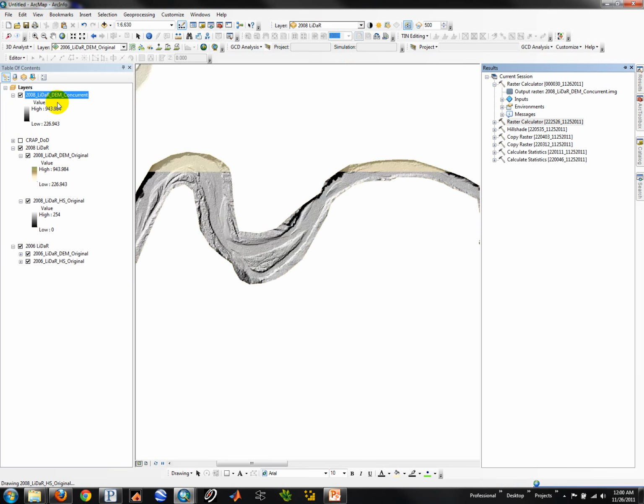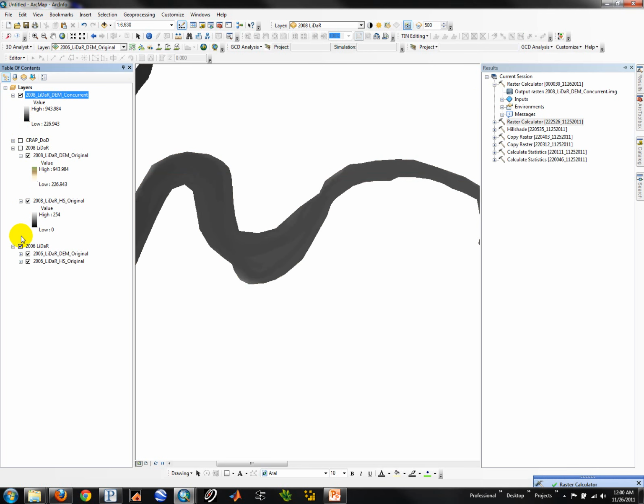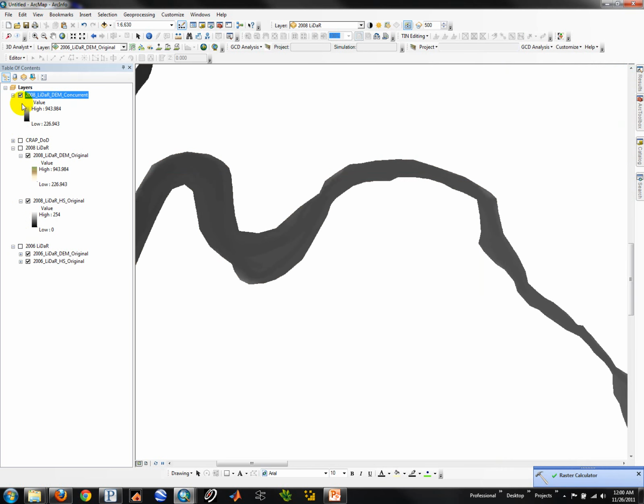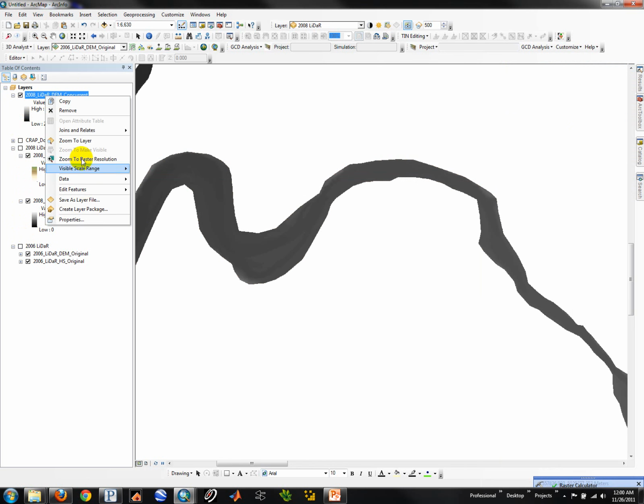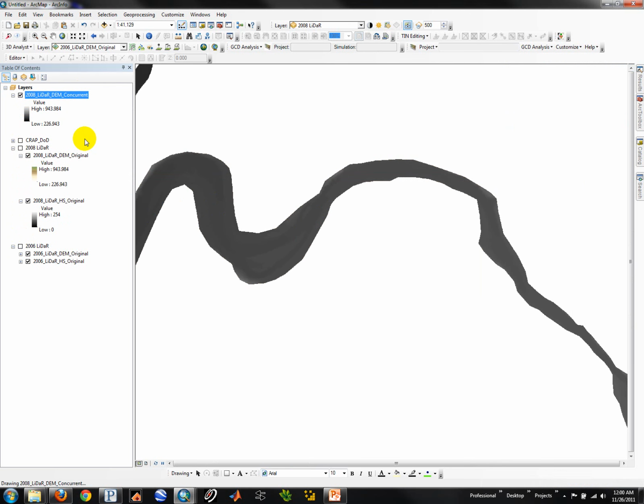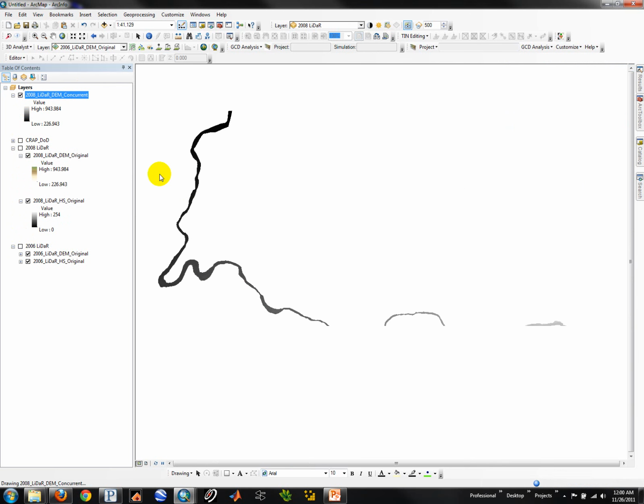Okay, so notice that my new raster here has a different color ramp, obviously, when these come in. Here's my new raster. It has exactly the same elevation range, but this has been resampled